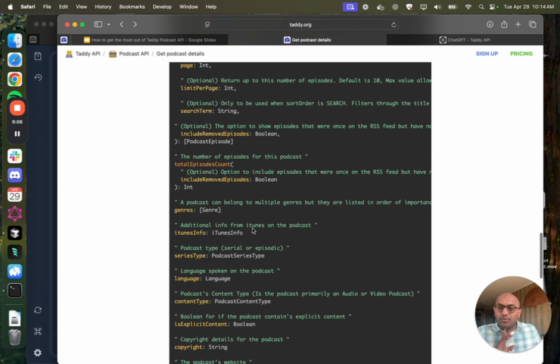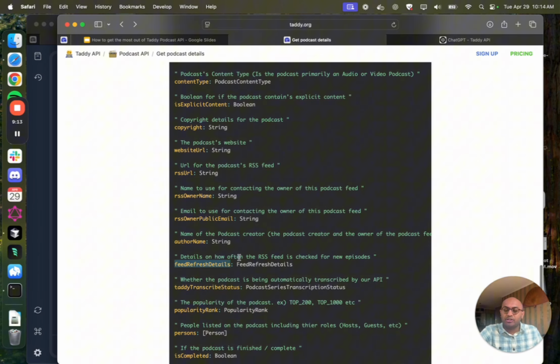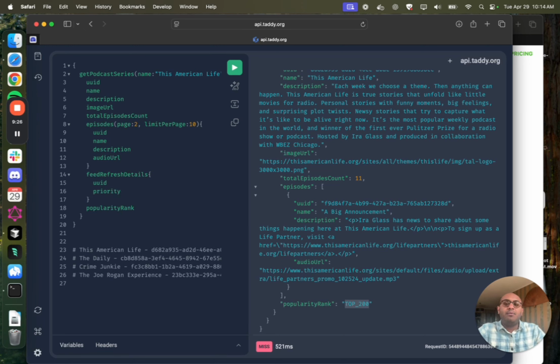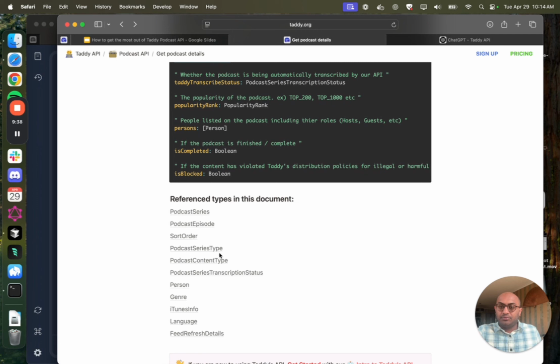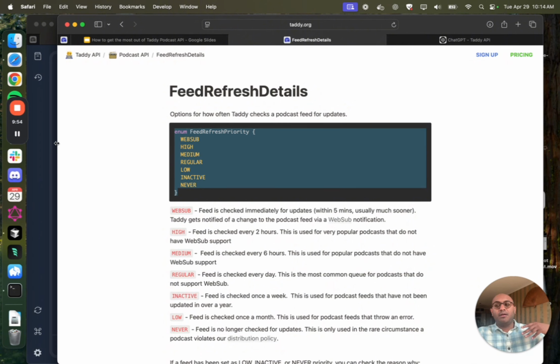And lastly, what I wanted to go over is this one, feed refresh details. Feed refresh details show you how often we check this podcast for updates. So if I run this, we see this is WebSub, and you can click into feed refresh details to get the options available for feed refresh. So we have about 4 million podcasts in our directory. The way we check all of them and make sure that our podcast API is as up to date as possible